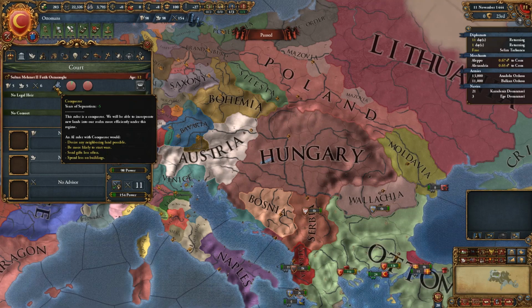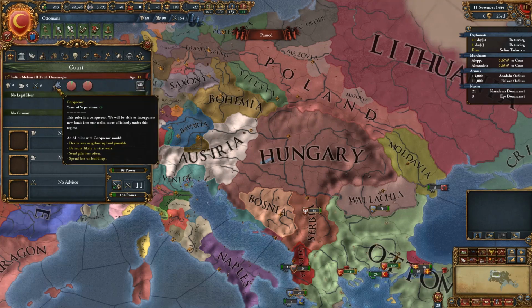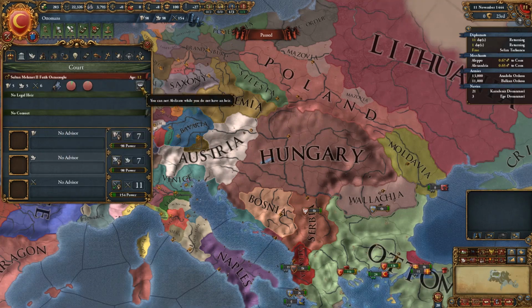Now, these aren't just for players. AI rulers also get these as well, and that actually changes how they operate. So, an AI ruler with Conqueror would desire any neighbouring land possible, be more likely to start wars, send gifts less often, and spend less on building. So if you're playing against the Ottomans, you know what to expect, assuming they always start with that same personality trait. We've got this button here that we can use to abdicate, but we do...